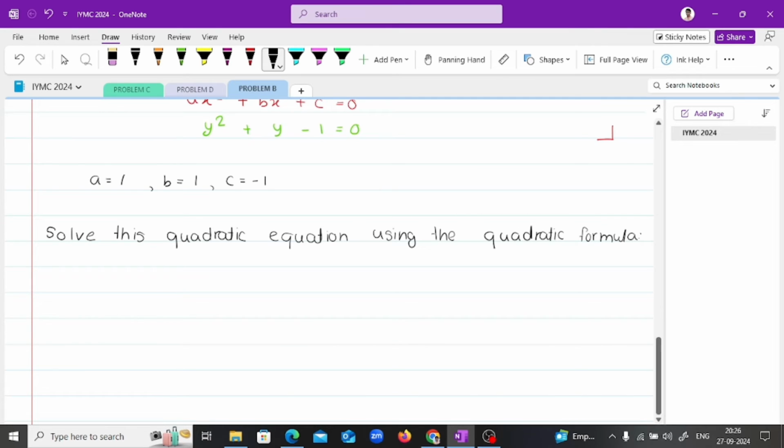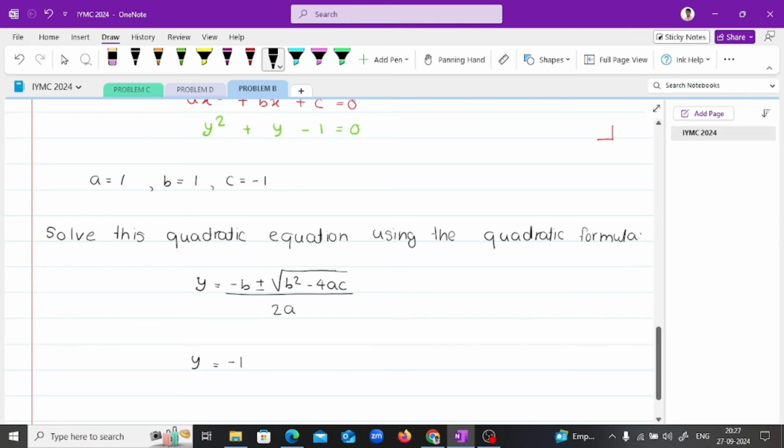The quadratic formula, which is used to find its roots, is y equals minus b plus or minus square root of b squared minus 4ac, upon 2a. Okay, so after substituting the values of a, b and c, the value of y will become,